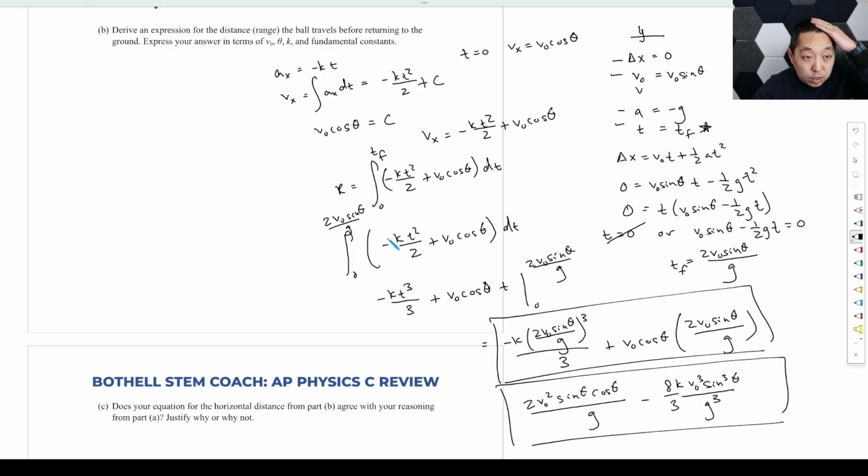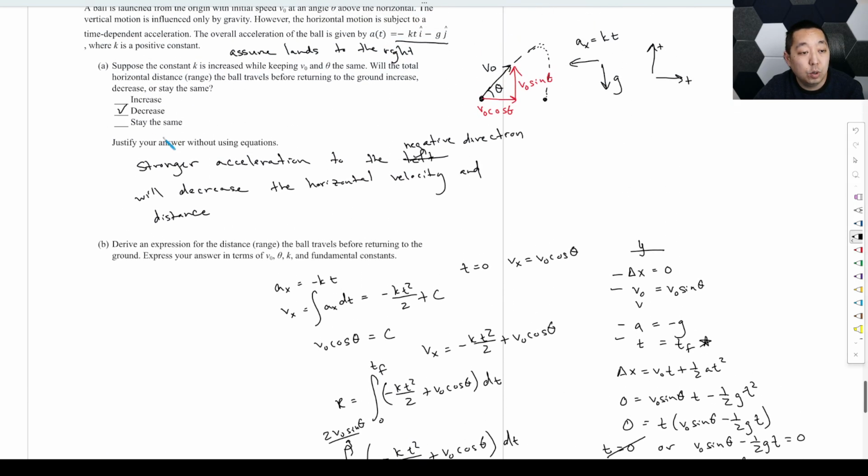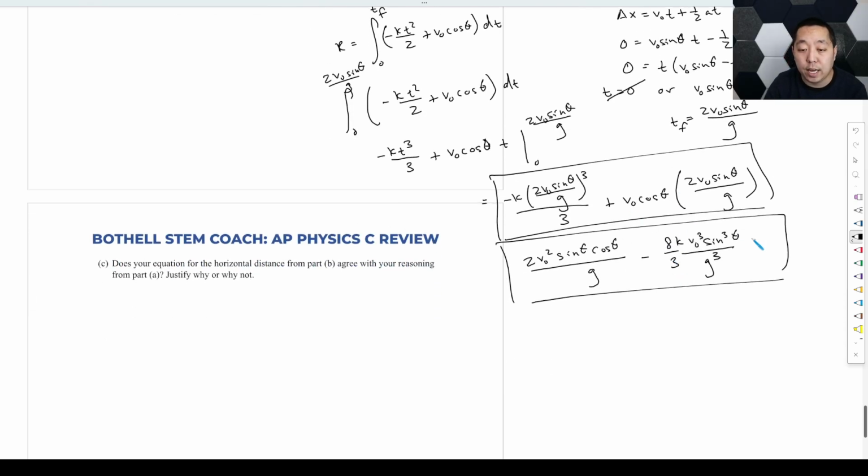Does your equation for the horizontal distance from part B agree with your reasoning for part A? Justify why or why not. So increasing k will make this thing more negative, and as long as it's not too negative, right, like we didn't pass by where we started, it's going to reduce the range. So yes, as k increases,